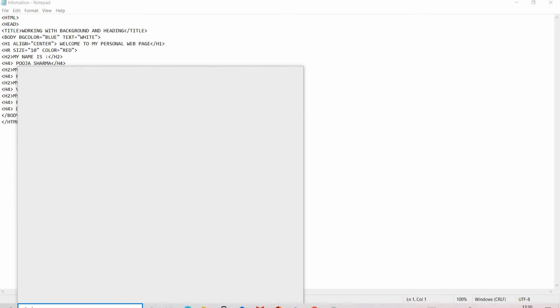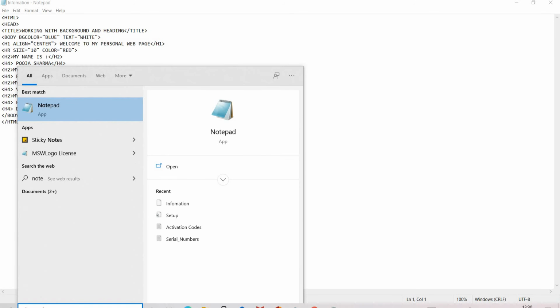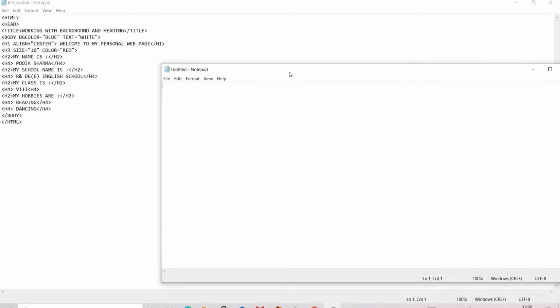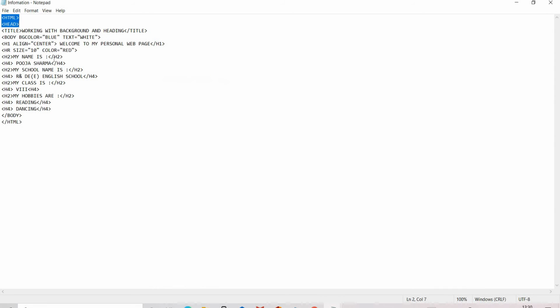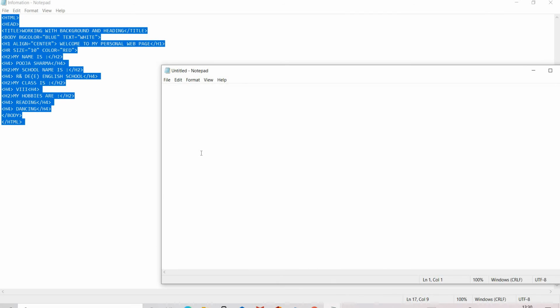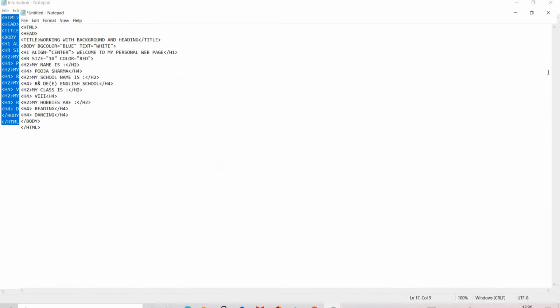So for that, first you have to search for notepad. Now I am showing you how to open, how to save and how to run the HTML program. I already typed this program, so I'll just copy and paste it in the untitled notepad, like this.